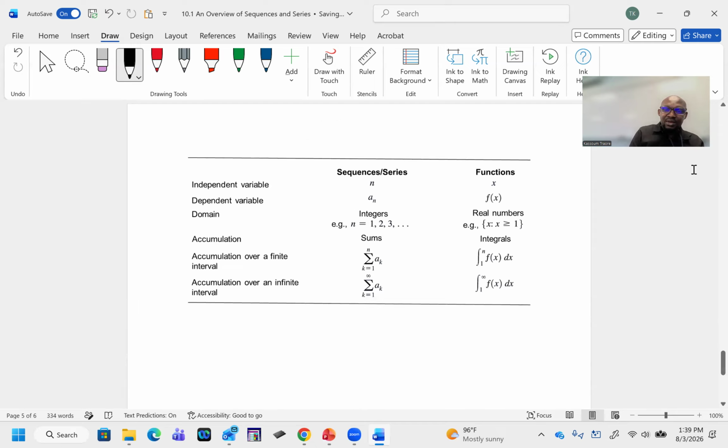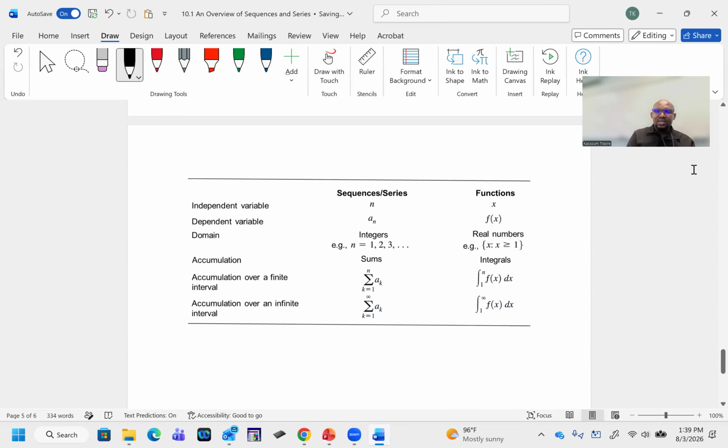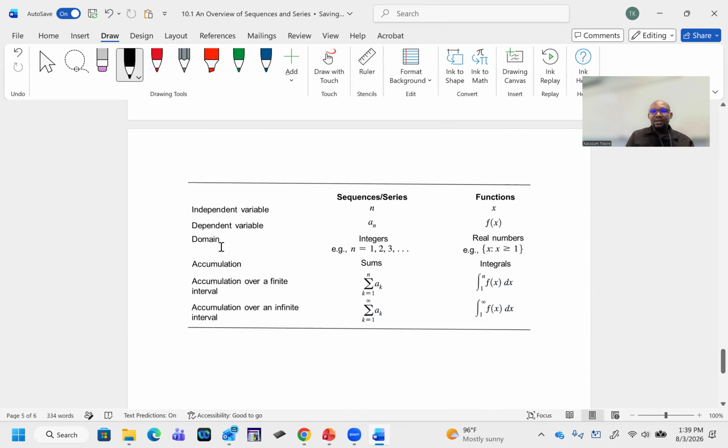So this is a summary of what we just learned. Read and get familiar with it. So this is the difference between function and sequence and series. On the function, x is the variable. On the sequence and series, n is just your independent variable. And the dependent variable is a sub n on the series and sequence, but for a function it is f of x and so on, okay? Okay, I will see you in the next